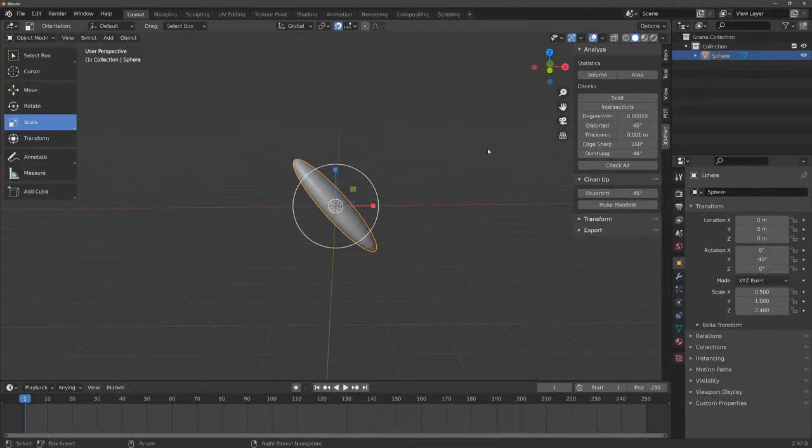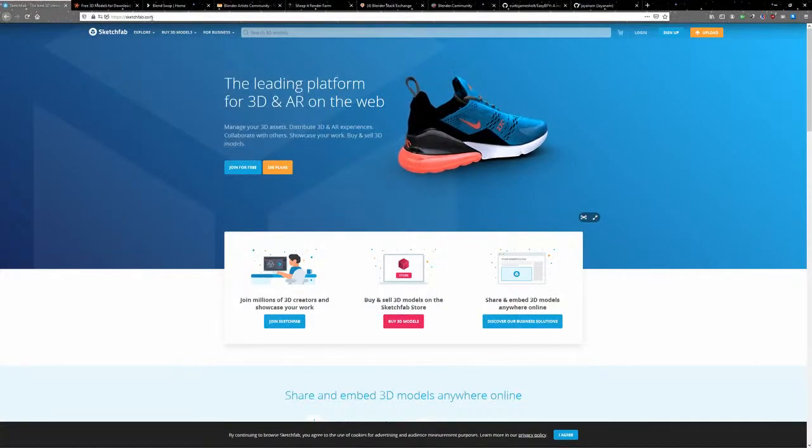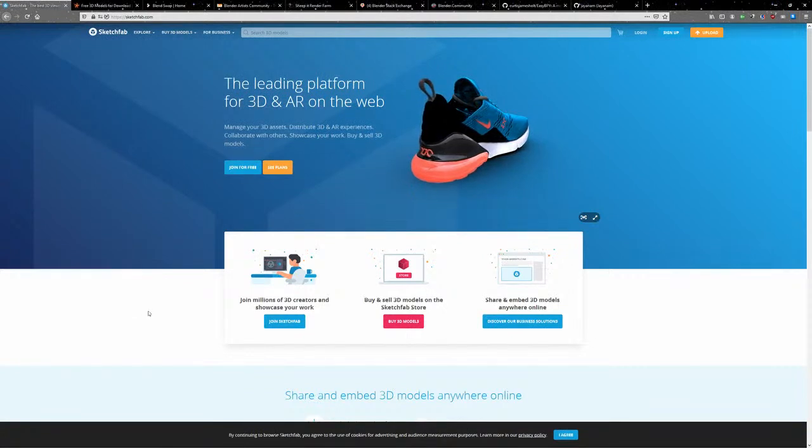And let's say you are a 3D printer, you're not even a modeler, so you don't want to make the stuff, you don't want to edit the stuff, you just want to get the stuff and print it out. So what do you do? Well, that brings us to our next item, the websites. So sketchfab.com is a place where you can get free stuff, and it's also a place where you can get